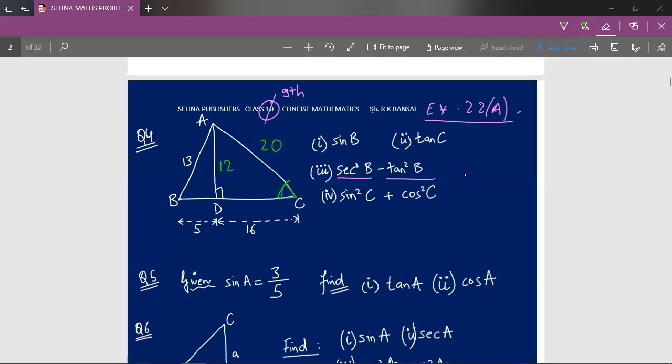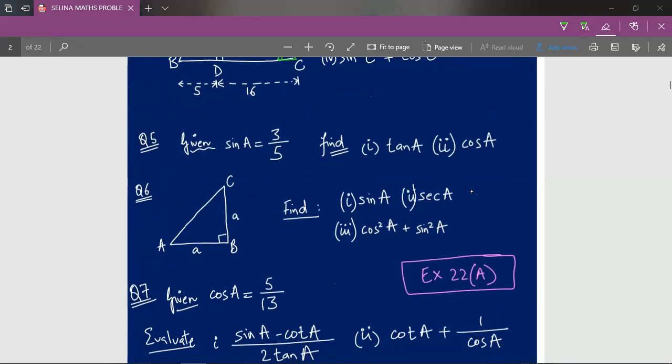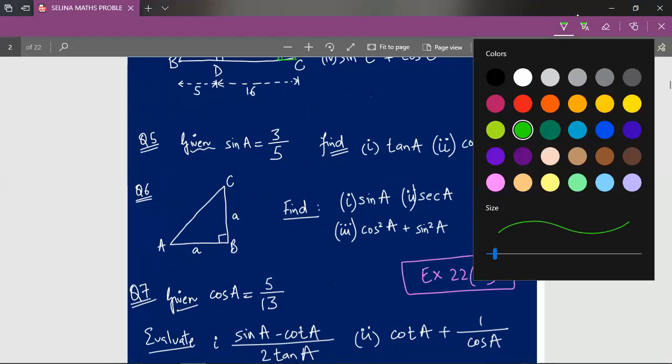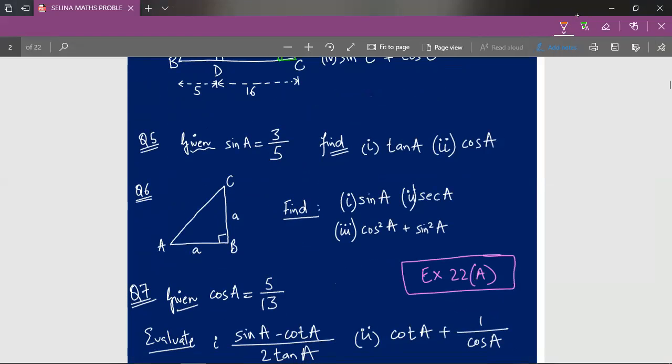So we'll move up to our next question without delay. So the fifth question states that, given sine A is equal to 3 upon 5, find tan A and cos A. So whatever information is given to us by the question, all we have to do is note those information and clues down. So here it mentions that sine A is equal to 3 upon 5. Okay. Sine A is equal to 3 upon 5, and when you have noted this information down, always remember that you have to draw a figure.